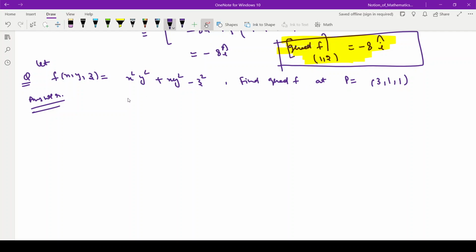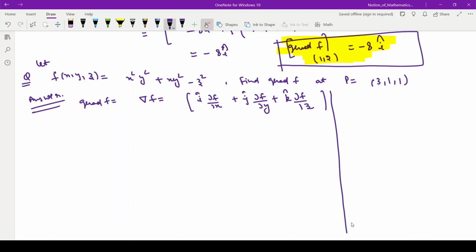In the three-dimensional approach, the formula of the gradient of f is del f. As we know, here it is i cap partial f by partial x plus j cap partial f by partial y plus k cap partial f by partial z. So here I will get all these partial derivatives separately. If f is given as x square y square plus xy square minus z square,